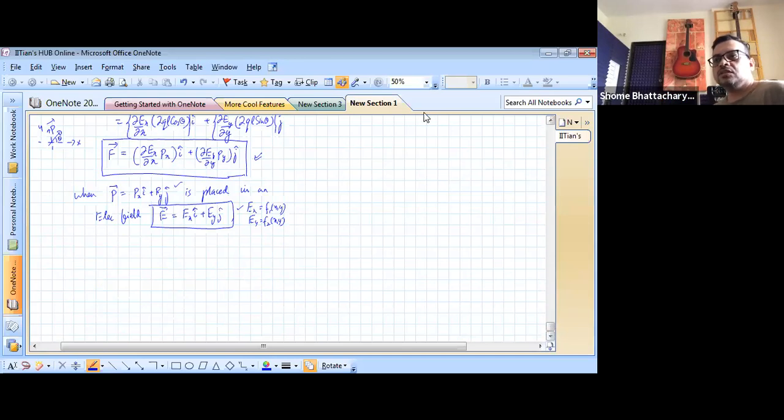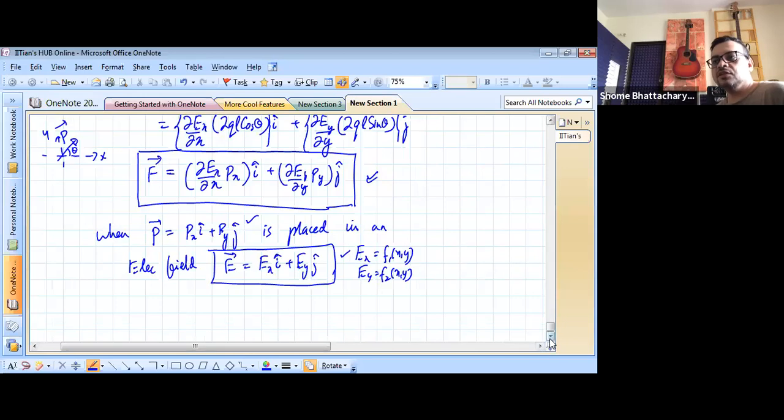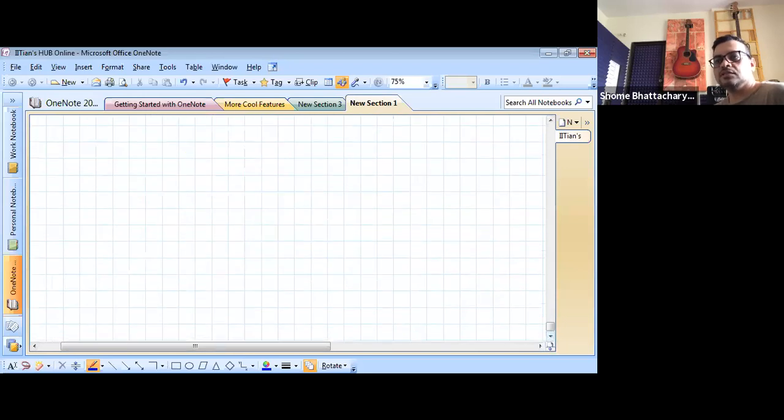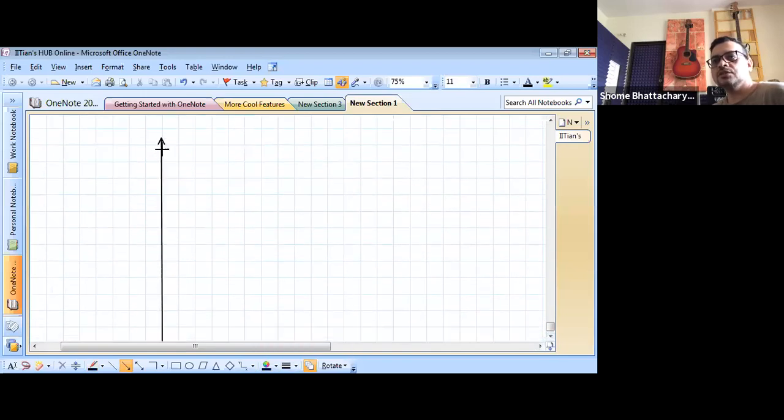So let's start with an example application of this. Then we'll come to the two dipole interaction also. That's a different situation because we use a polar system over there. The concept is the same there also, but we use a polar coordinate system there. So in my next example,